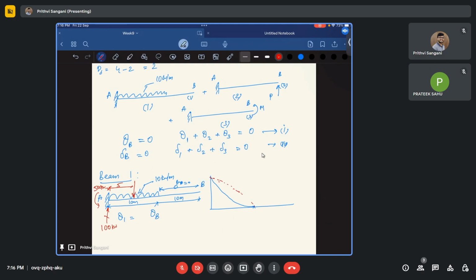So one thing is you can directly find out what is happening at each point, and you can just plot whether it is coming above, that means if it is more than your half. So let us say this is a straight line. If it is more than what you are getting at the straight line, then this is called convex, something like this. If it is lesser than that, then you'll have a concave. Otherwise, you also have an easy method to judge whether your bending moment diagram is concave,